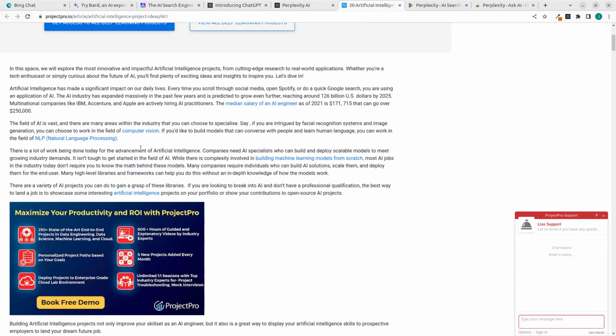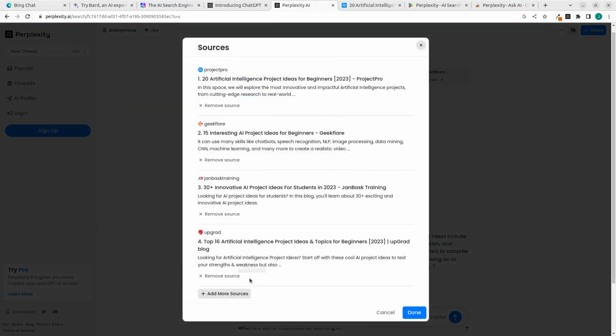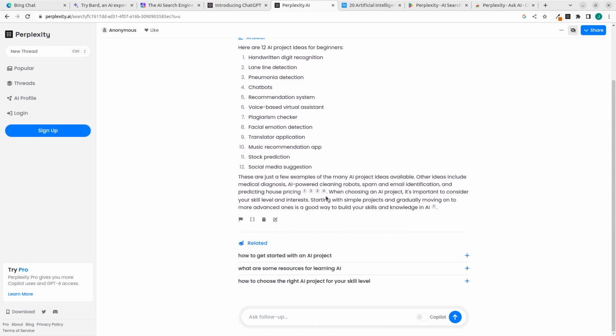So if you click on it, it's going to redirect you to the actual reference, right? And then it picks the information from here, summarizes it, and gives you the result, which is a very impressive feature. You can check if it's accurate. You can view the sources as we saw earlier. These are all the different sources for this particular generated result. You can copy to clipboard, and you can also edit the query. This is useful. You can also see the related results, which you can also check on.